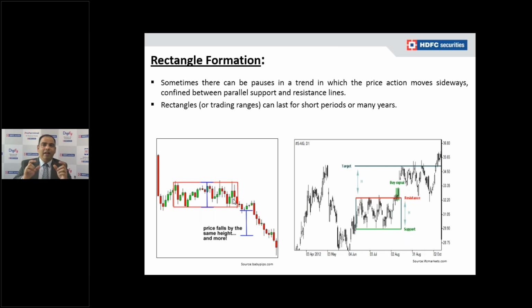In the same way, the time frame will be different, the number of days and number of candles will be different, and the target potential will also be different. If you are looking at intraday time frame charts, the range of the rectangle is around 5 points, so at the intraday time frame you'll get 5 points. Even if you are looking at the daily time frame, at 10 points, you'll get the target of 10 points.